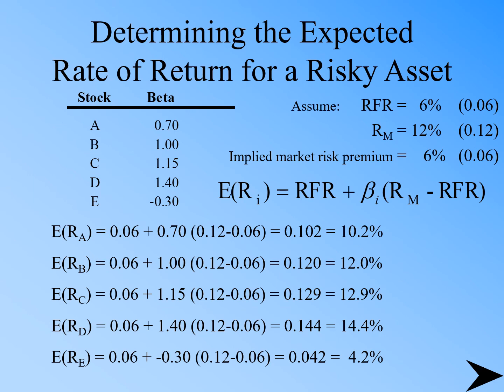If you look at this closely, you can find that there is a difference in the individual stock returns, and that difference is due to the beta coefficient, because the risk-free rate of return is the same, the market portfolio return is the same, and the implied risk premium is the same for all the stocks. The only difference is the beta. If the beta is high for a stock, then the return is also high, and if the beta is low, then the return on that stock is low. So it means there is a linear relationship between the individual stock returns and the beta.